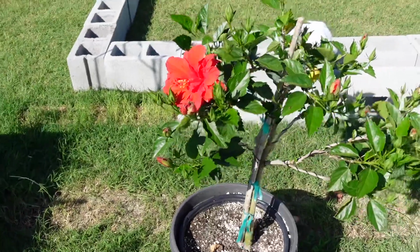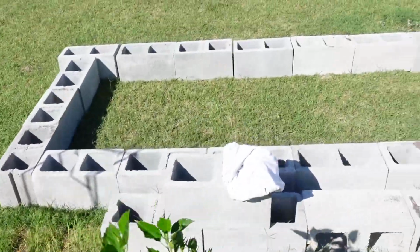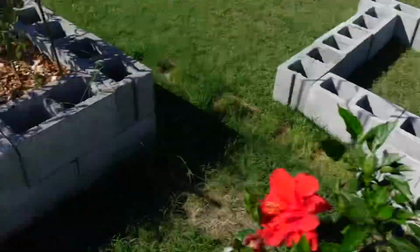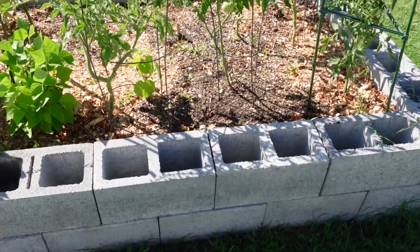Here's a little hibiscus. While I'm down, we have another garden bed to install. We're still trying to figure out. I think we're going right next to it, but we may remove a section and build almost like an L